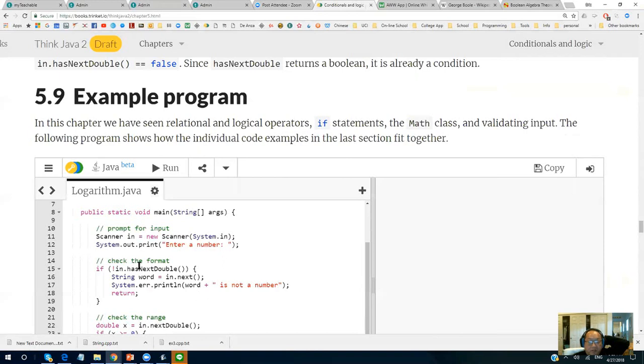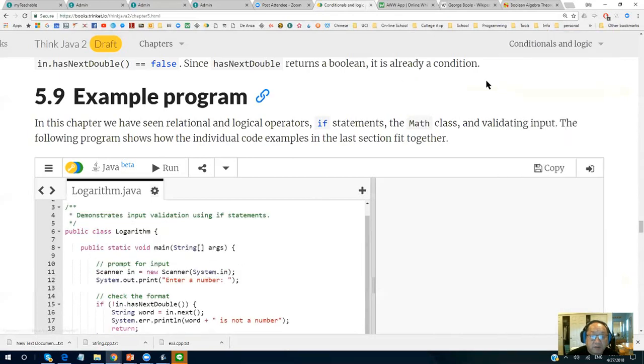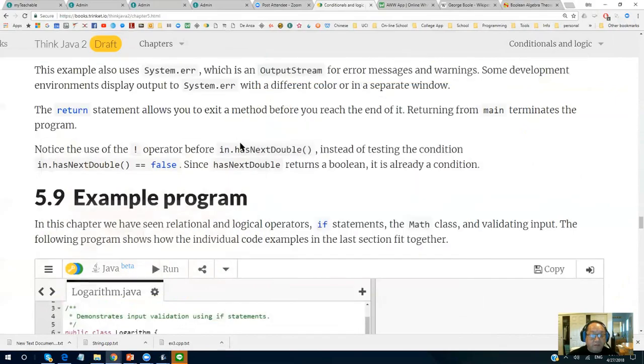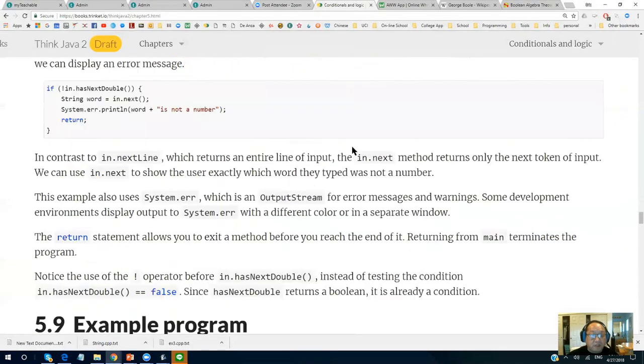Okay, so you check format. So has double means whether I'm reading the double or not. If not, then I read that as a string. So now let's look at its example.